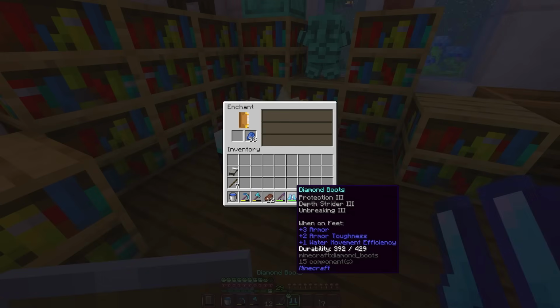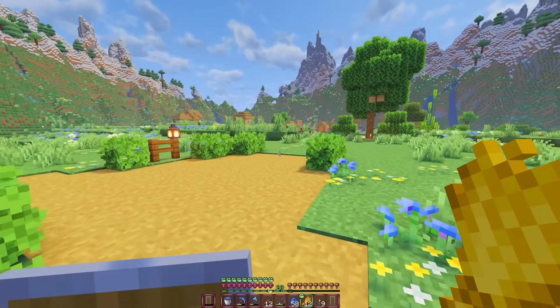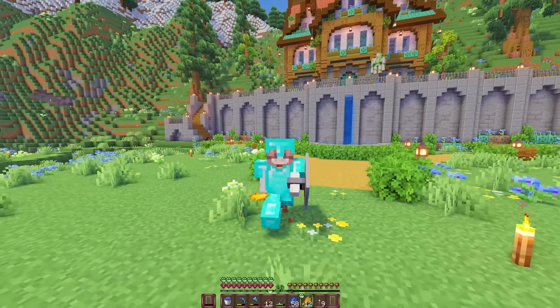Oh, I mean, that's not bad. Protection 3, Depth Strider 3, Unbreaking. That's not too bad. There is another task that I want to do before we start today, and that's to